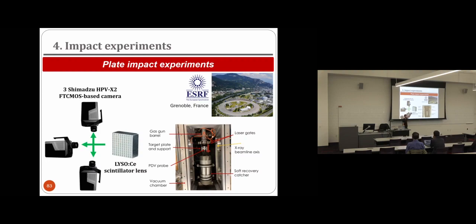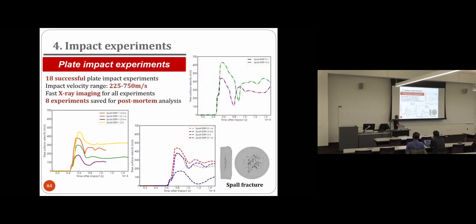With the 3 cameras, we were able to obtain a frame every 170 nanoseconds. So we were able to see in situ a spall fracture, okay, and relate the spall fracture with the signal of the PDV system. I'll show you this now, okay? But just for you to have an idea about the numbers of the duration of the experiment and also the recording that we performed. So these are the signals, okay?